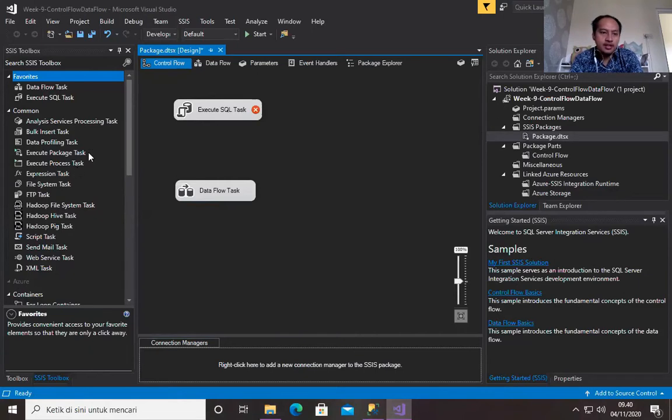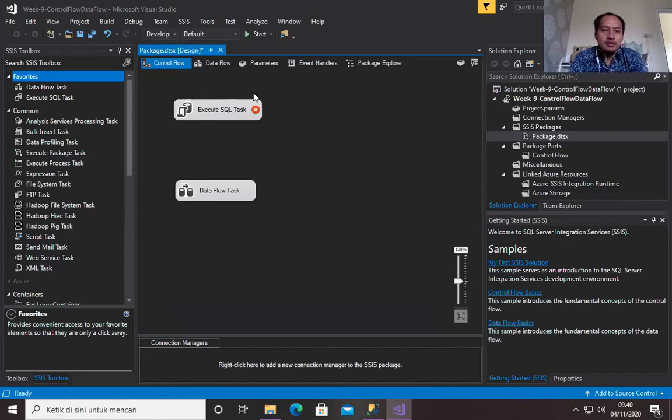We have many different kinds of tasks here, but right now the most useful one for us is this one, Execute SQL Task. This task is used to execute any SQL command, may it be insert, update, delete, or select. We can put it here, and then execute it against a specific database server.